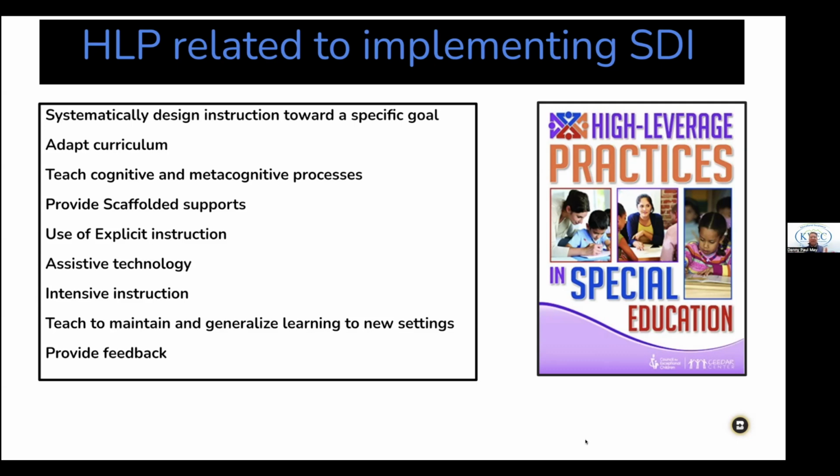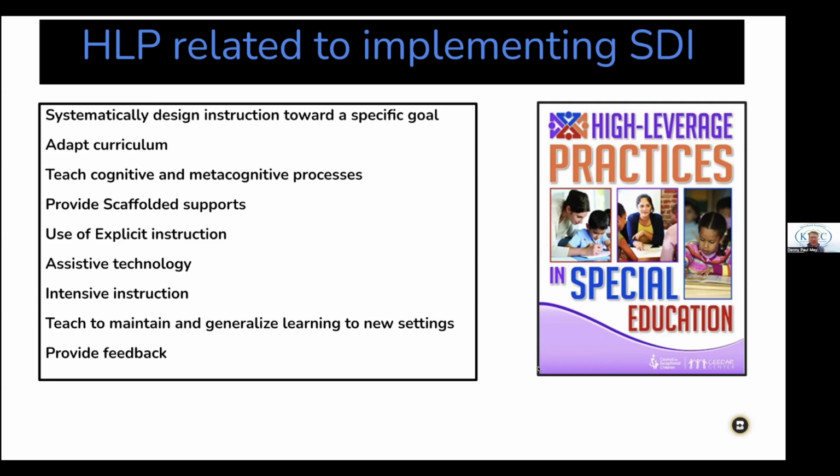So when we look at high leverage practices, what you see in this book over here on the right is what you're going to see. These pieces are found inside this book as ways to do specially designed instruction. And then that intensifying of the instruction and maintaining and generalizing learning to new settings. We talked about how we can use those tools that we show students how to build, graphic organizers, how to build mnemonic devices, and they can take them with them throughout their educational careers.